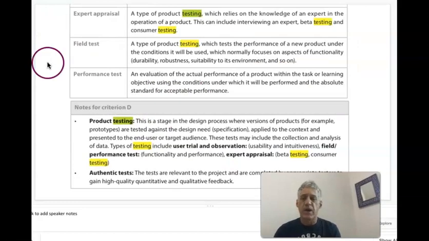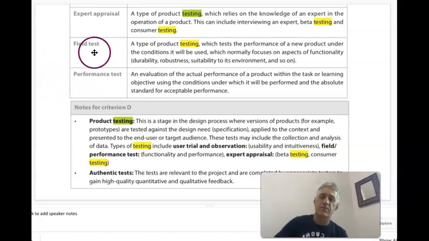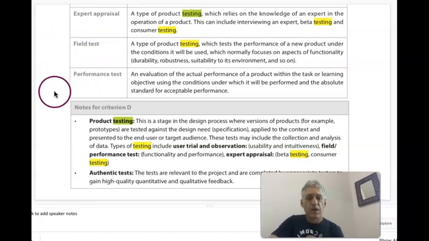And if we want to think about it a little bit more, if we dig into the design guide for MYP a little bit more, we've got these expert appraisals, field test performances, and we can't just make statements about these, we have to justify them. So you think about what is a field test. Is it durability, robustness, suitability? A field test is when you're seeing